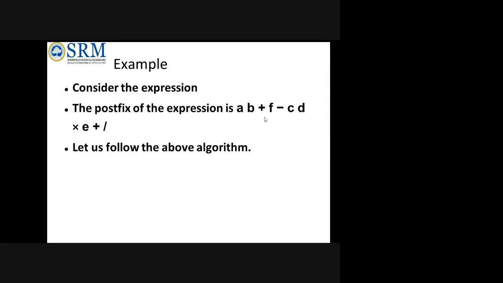Evaluating a postfix expression, what you will do, you will push the operand into the stack, and when you see the operator, you will pop it and you will apply the operator between both, and you will update with the answer in the stack. Same thing you are going to do here also. So the expression is given: AB plus F minus CD into E plus slash. So if the expression is given, how are we going to form it into a tree structure?